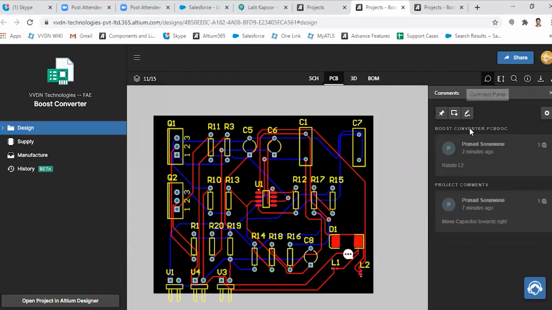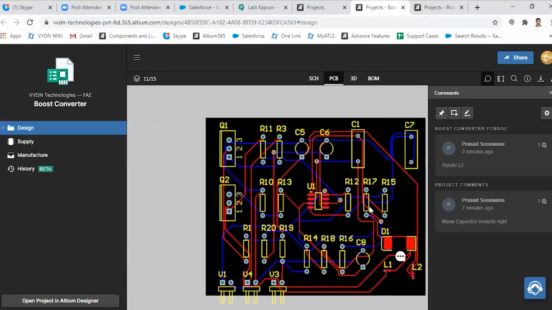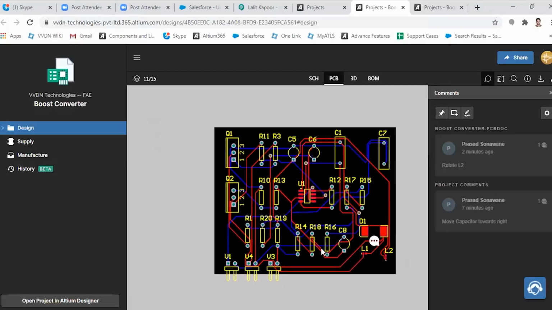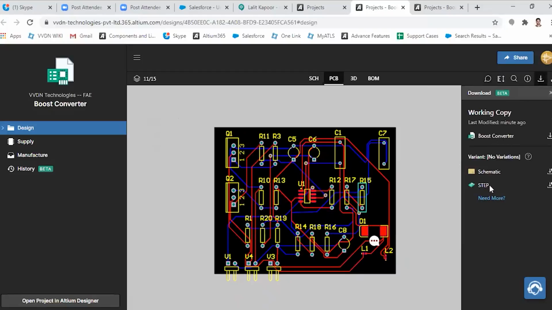Likewise, you can create comments here. You will get notification in the Altium Designer comment panel. You can simply make changes in Altium Designer that will reflect in Altium 365. That means it's a real-time sharing option. Whenever you are making changes in any project, the changed project is accessible to all the users. You can download the information from here also. The download option, you will get the PCB, schematic as well as STEP model download option. You can download the